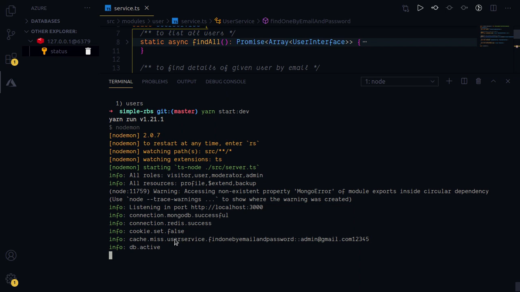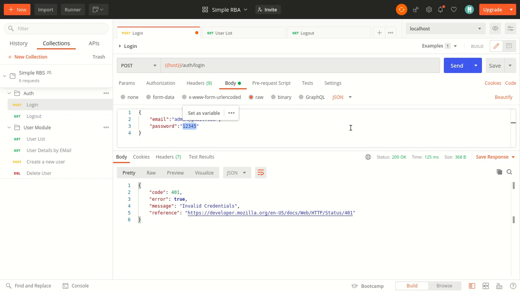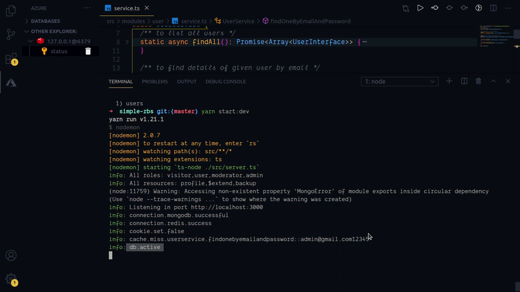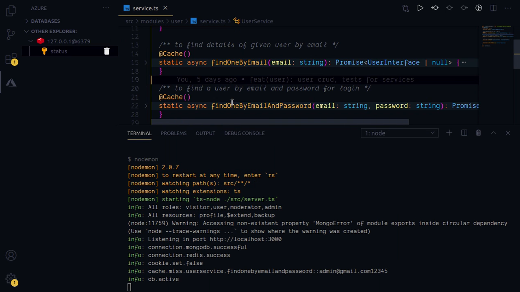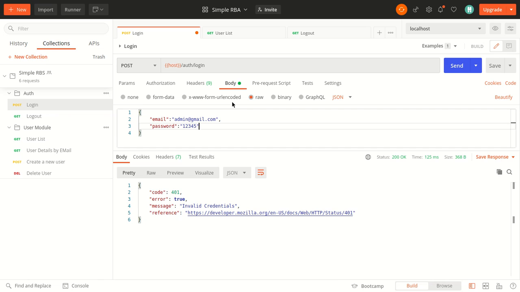All right, so this is the index of the cache now. And then you see that the DB is active, which means that now we are performing an operation on the database, right? If I run this particular function again, then since the cache is inserted, and if we refresh it, all right, because the operation was not successful, so the cache is not updated. All right, my bad. Since the operation was not successful, the cache is not accepted. So let me do something different.